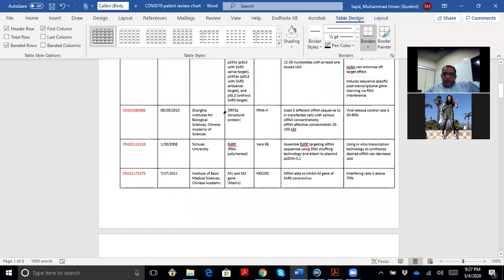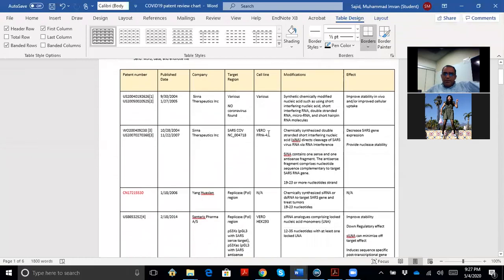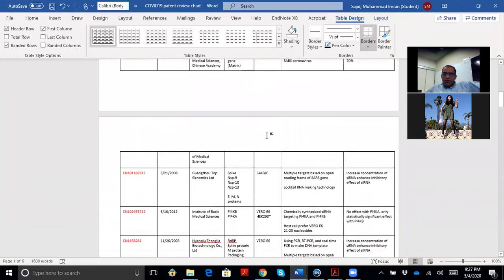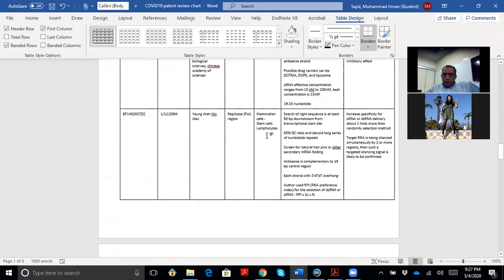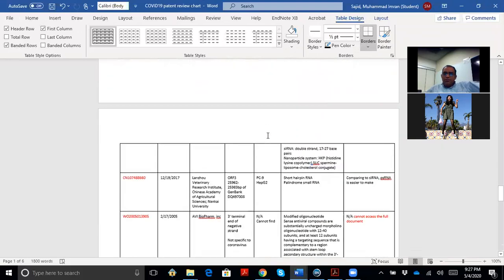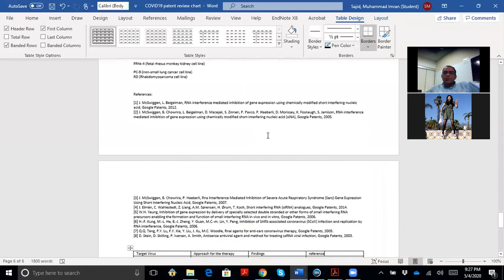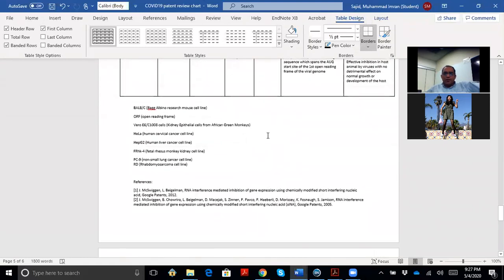And then we have to see the trend: there are many Vero cells that have been tried. It's mostly Vero, I have to say. So this is a question: why are they targeting these Vero cells? I know it's from a gray monkey or something. Yes, it's kidney epithelial cells from African green monkeys.